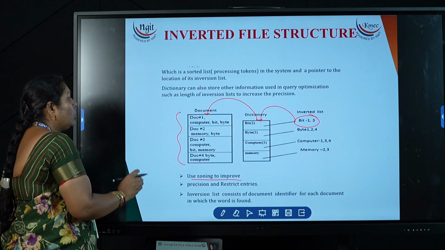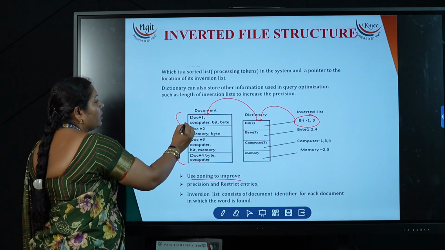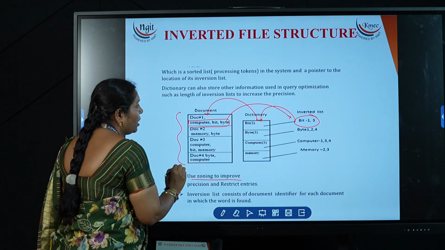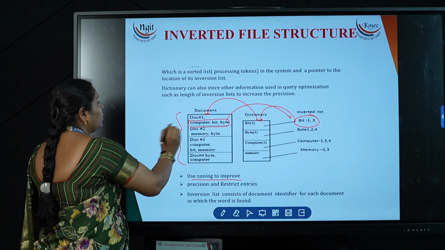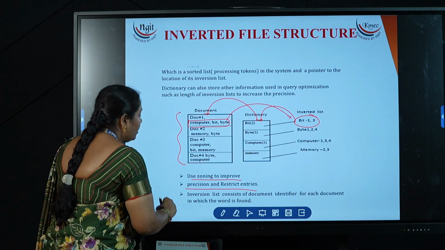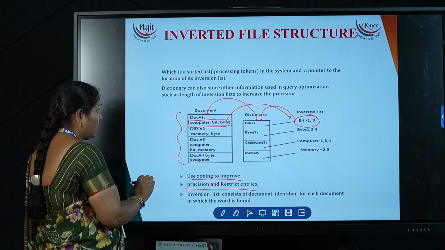What are the advantages of this particular formatting? You are going to use zoning. Zoning means the complete documents are numericalized, where you directly take the values and fetch the data, and it will be helpful for precision and restricting values. For example,